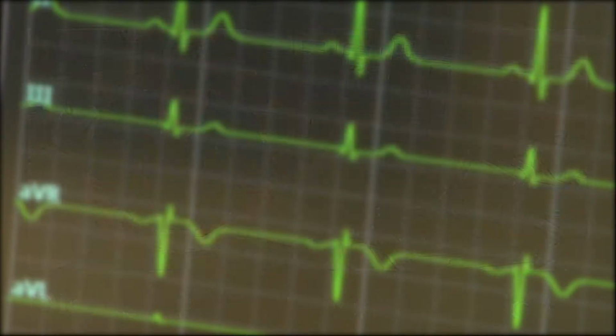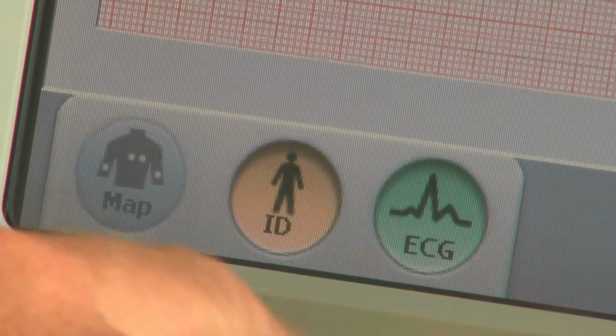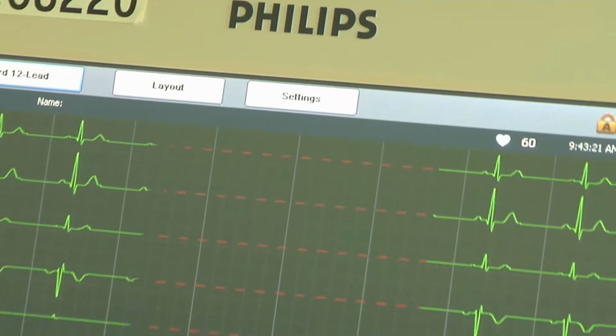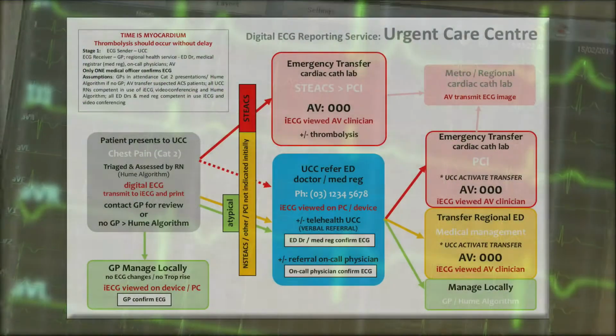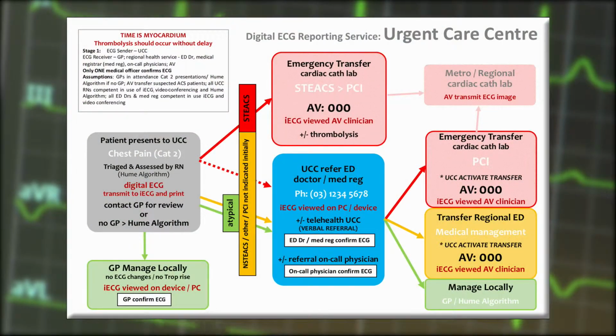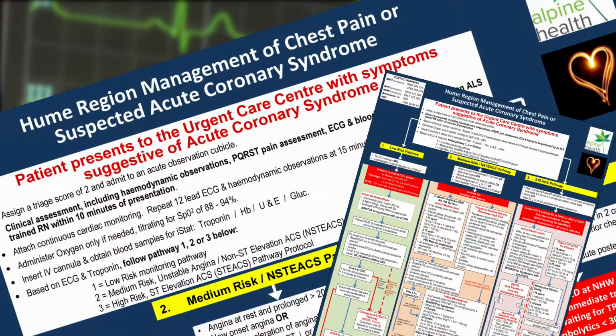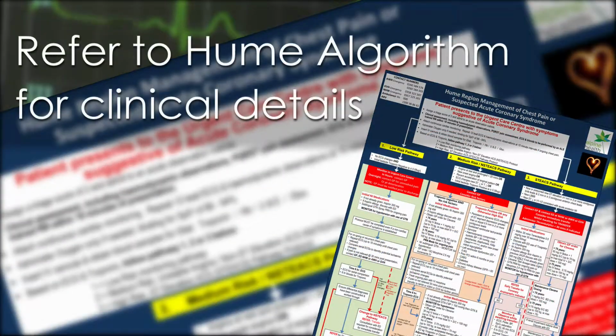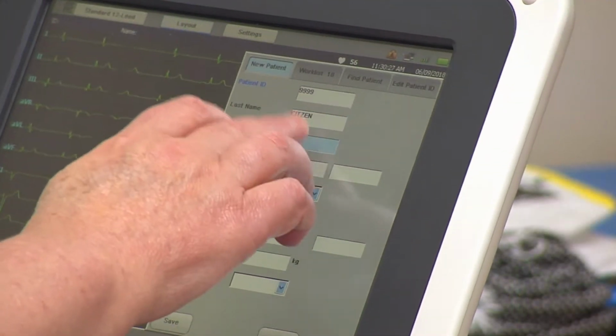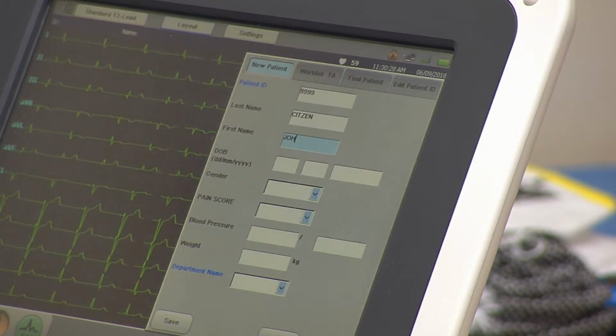This video will step you through the use of the Philips digital ECG cart and how the transfer of digital ECGs is integrated into patient care pathways. However, it does not go into detail on the medical management of patients. We also explain the importance of entering accurate patient information at the time of the ECG capture to make sure